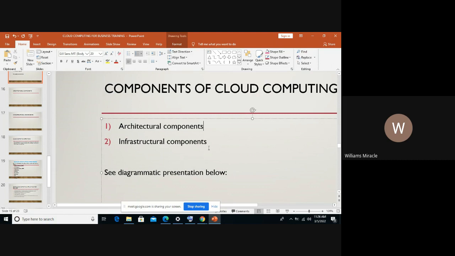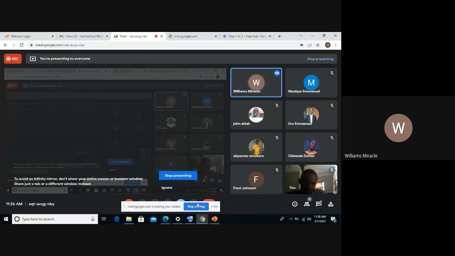If my network should go off now, which it has been doing, I will not be here and I have to reconnect again. So the network is the key component of a cloud computing application, and it falls under the infrastructure component.